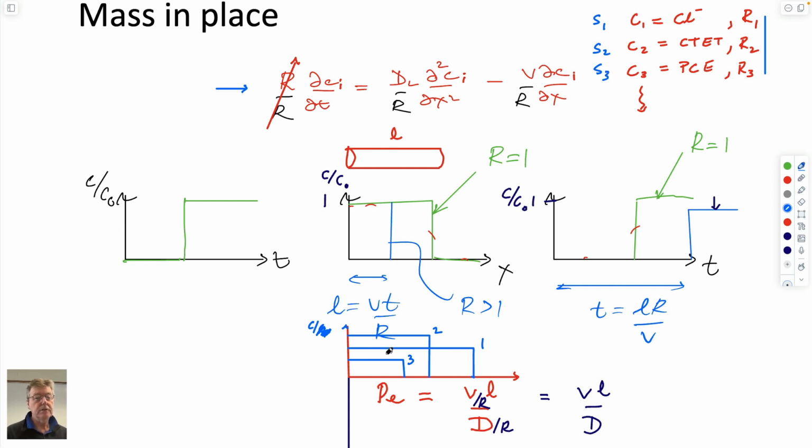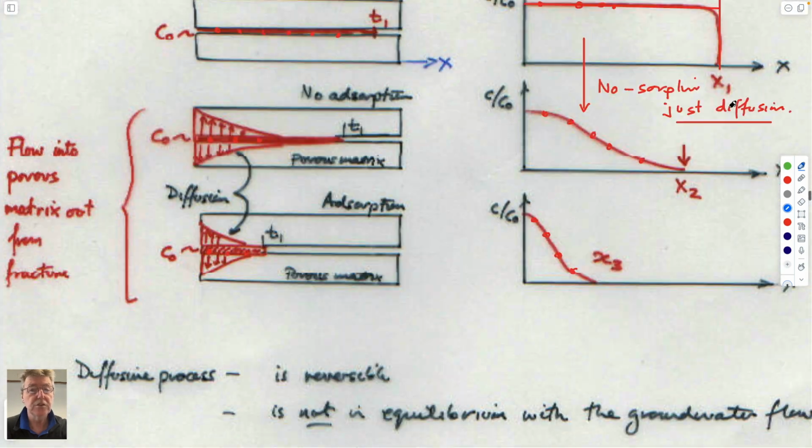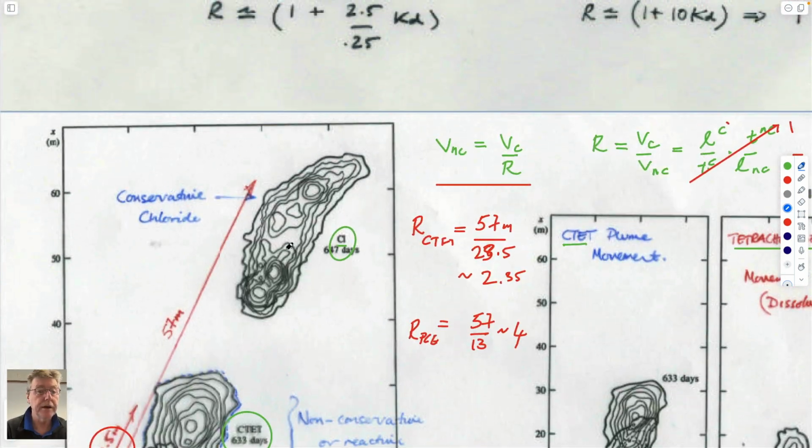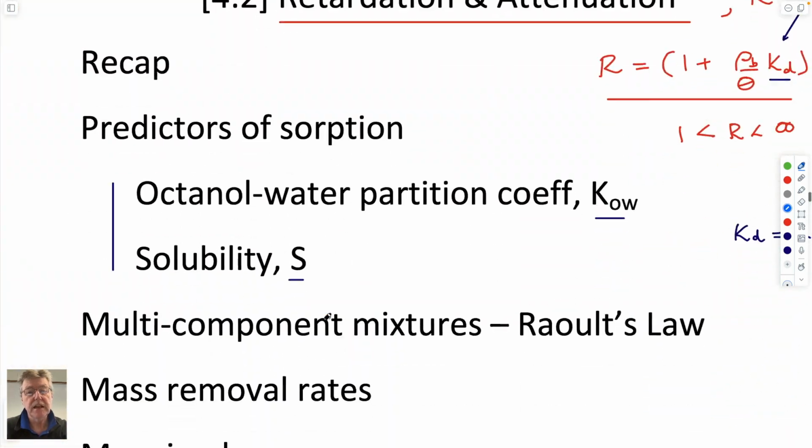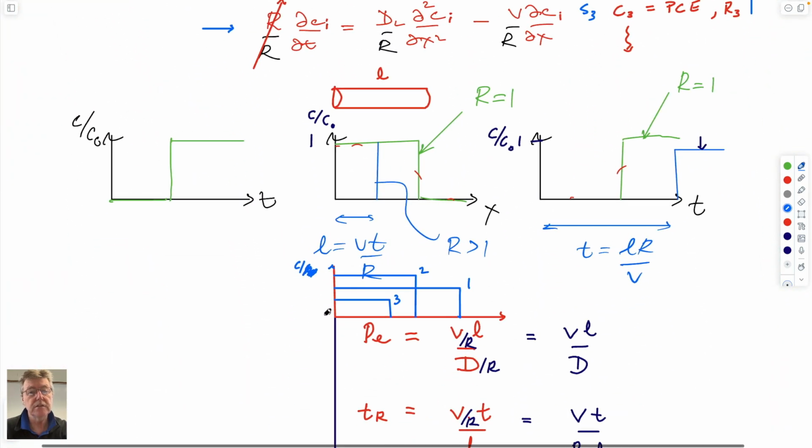And so we know how to get the retardation factors for different compounds, because we just talked about that. And actually the Borden data were doing that also, right? These were for different compounds, so these are different retardation factors. But we haven't said anything about how we get these different